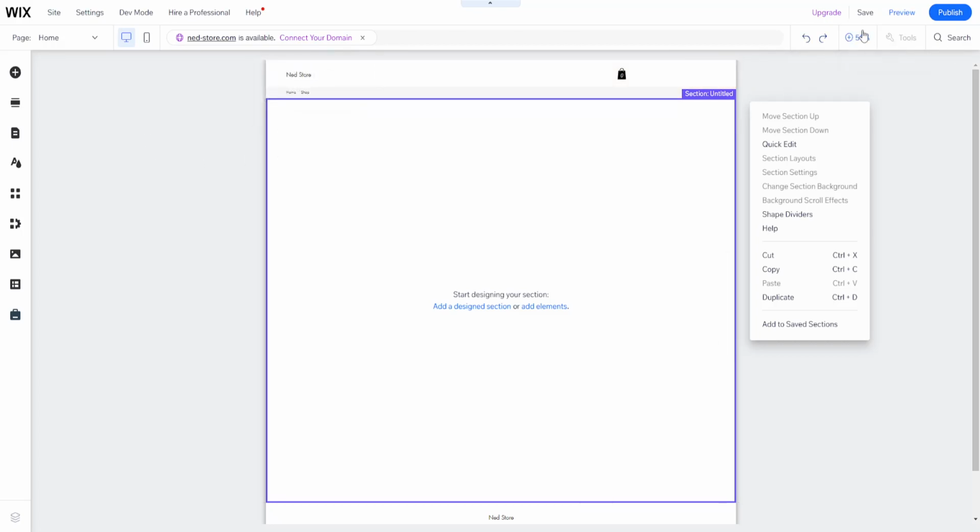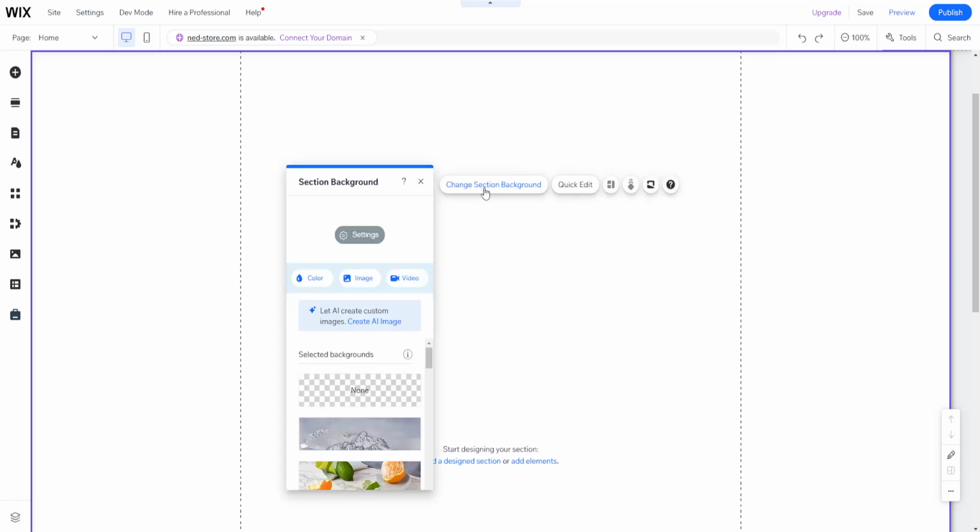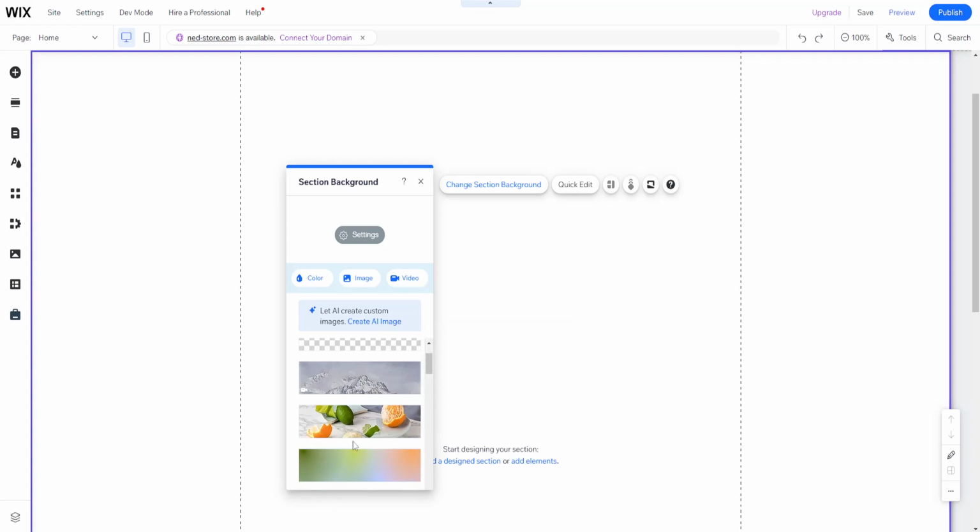So first we need to make sure that we are looking at our website at 100% zoom. So just click on this button right here if it's not already at 100. And as you can see, as soon as I do that, if I click anywhere on my website, I will get this option to change the section background. So if I click on it, it will give me a bunch of different preset backgrounds which I can choose